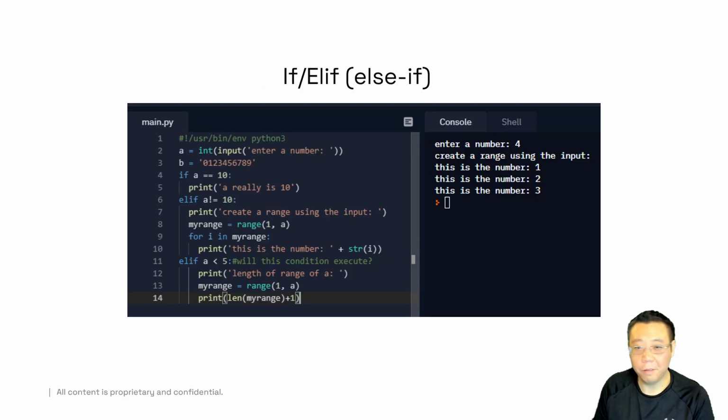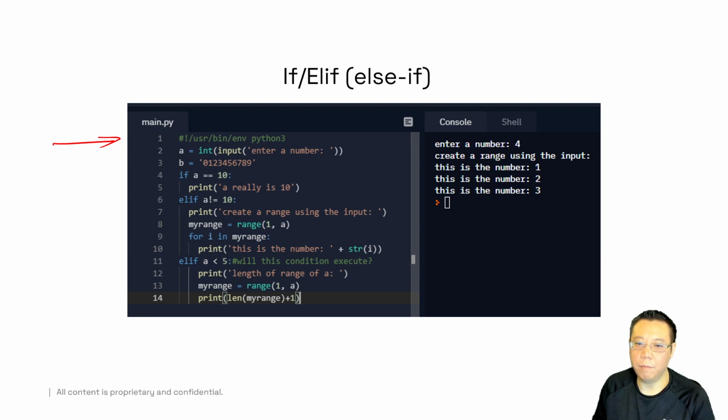How does it look in code? Well, let's take a look at it. We'll take user input from standard in. We'll also assign a B variable, and we'll make a very simple comparison. If A equals 10, right? If our user input is 10, then it really is 10. Else if A is not equal to 10,